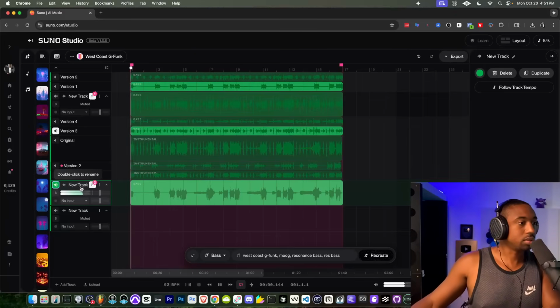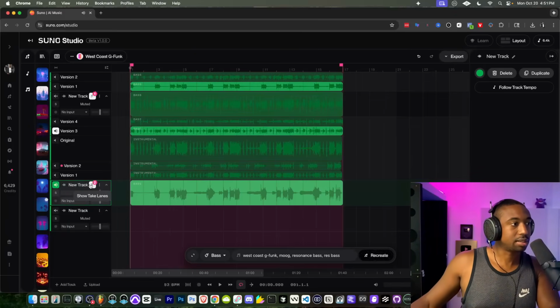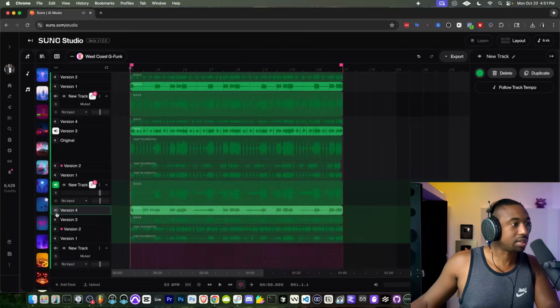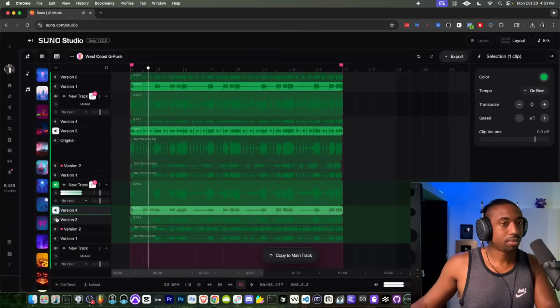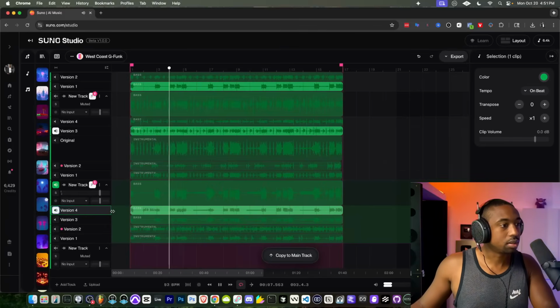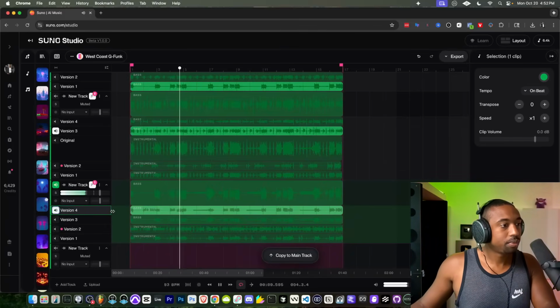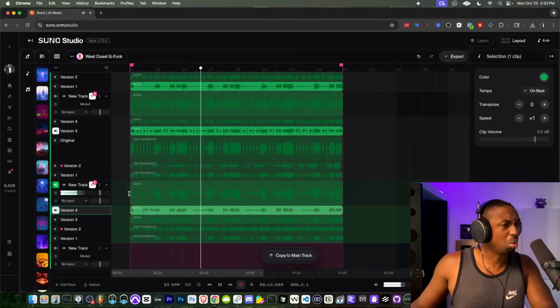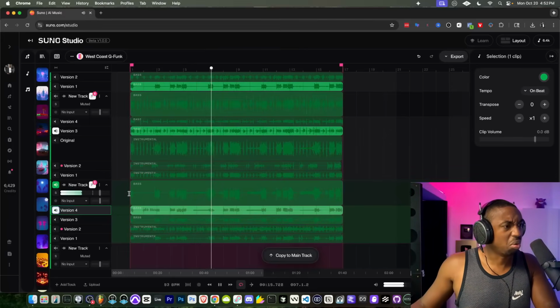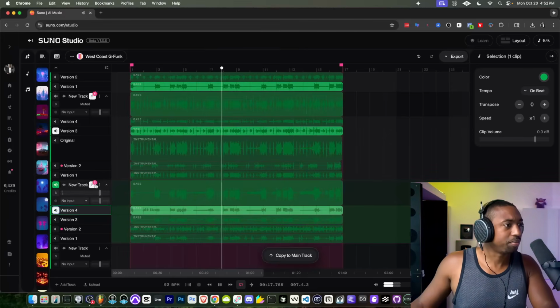So these are all electric basses. So I want a very specific synth sound. Here's more of a Moog type sound. That's why it's so important to give it very specific work. So yeah, we're keeping this take right here.